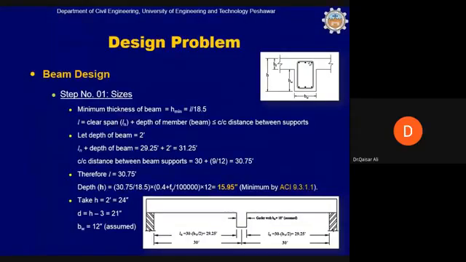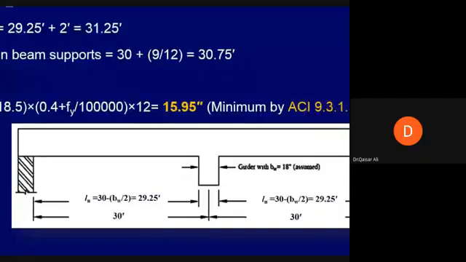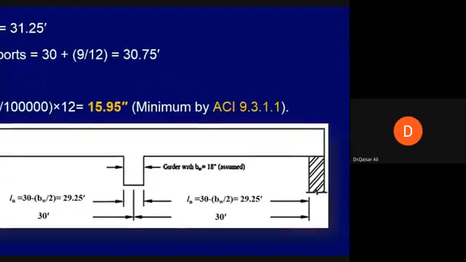Okay, and we have discussed the idealization of this. So between the supports, the unsupported length of the beam is 2 spans. So the length of one span is 30 feet now. The length of one span is from the interior side of the wall to the center of the girder. This is the girder, 18-inch wide girder, we assume that the width will be 18 inch. And from the center of this girder to the interior part of the wall,